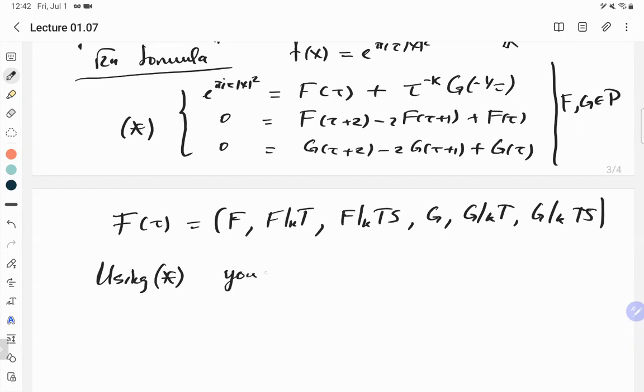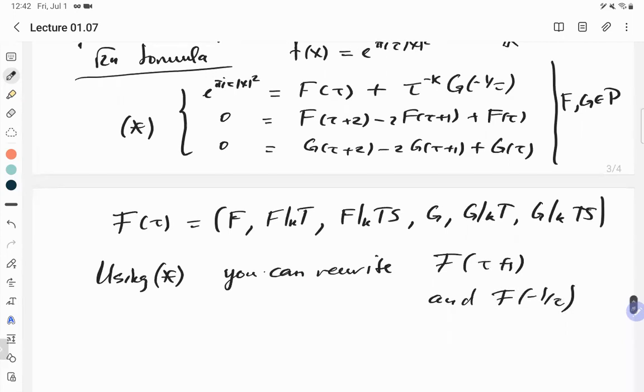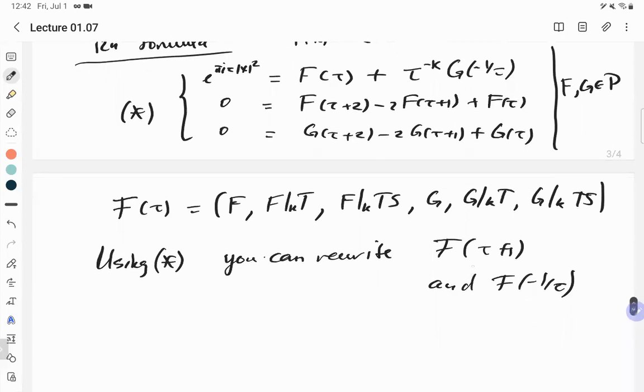You can rewrite f of tau plus 1 and f of minus 1 over tau, and it's a very boring but necessary calculation. So you can rewrite these in terms of the original f of tau. So this curly f, under the modular group PSL2Z,